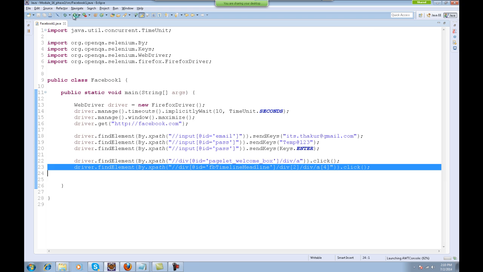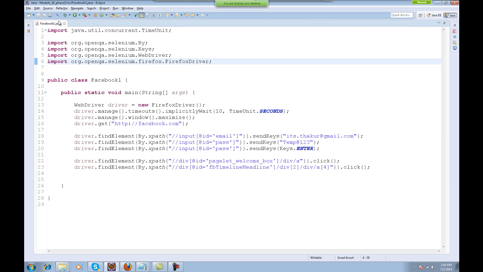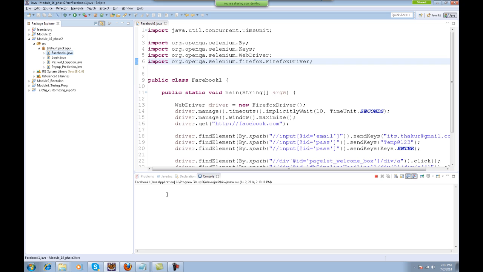So when you run this, you go to facebook.java, run as Java application. It's taking a little while.